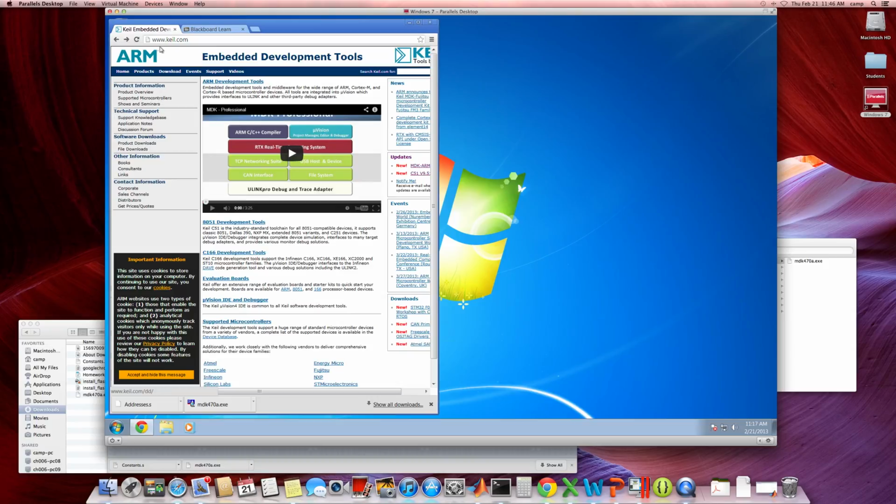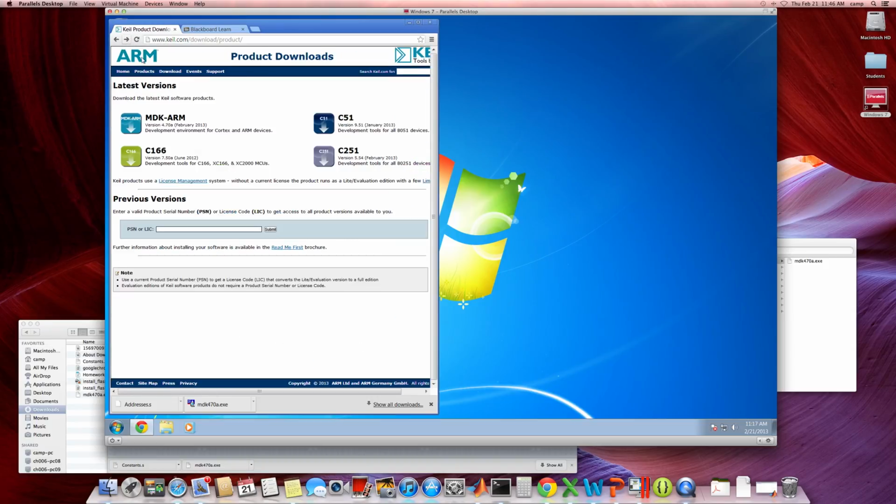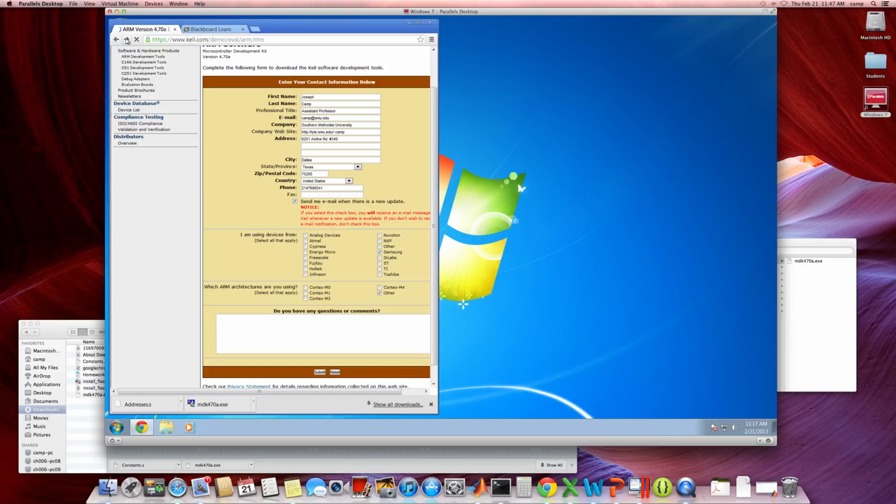And when I clicked on Product Downloads, it went to this screen where I had four choices. MDK ARM is the choice you want. And there's some other ones that aren't relevant for our purposes. So MDK ARM is what we click on. And then once we do that, it'll ask us for information. Once you put in all your information, you can put in your own information, you click on the submit button